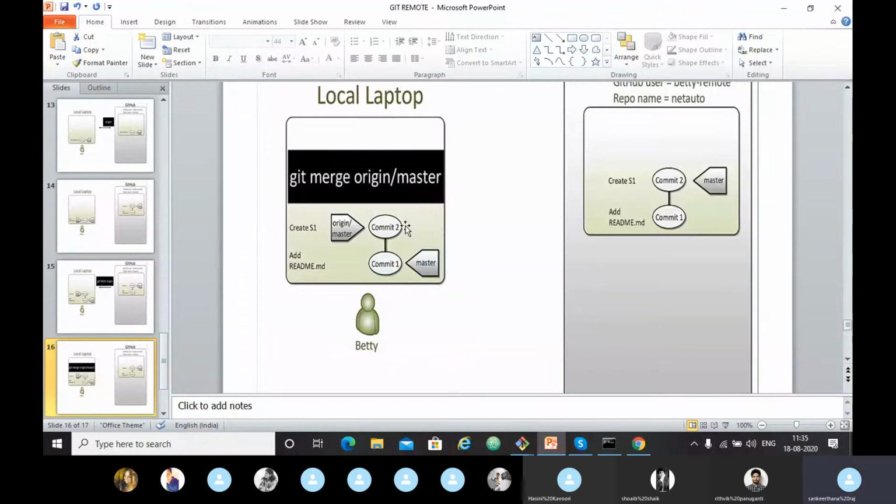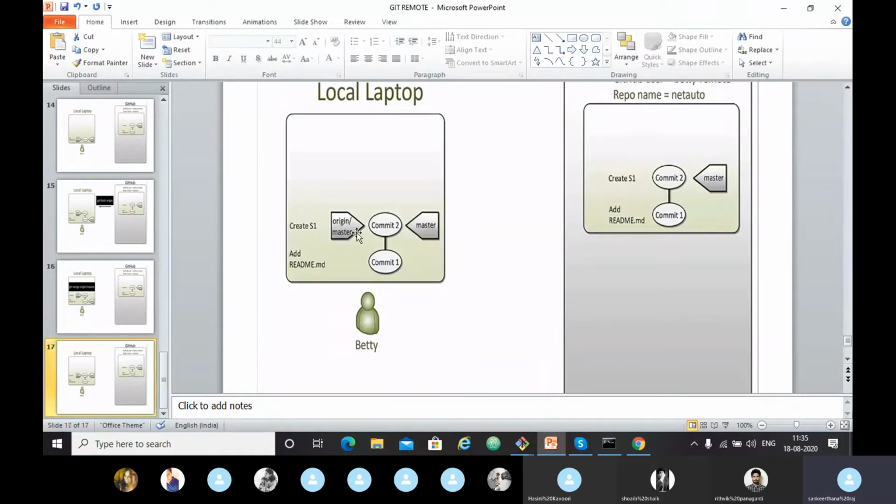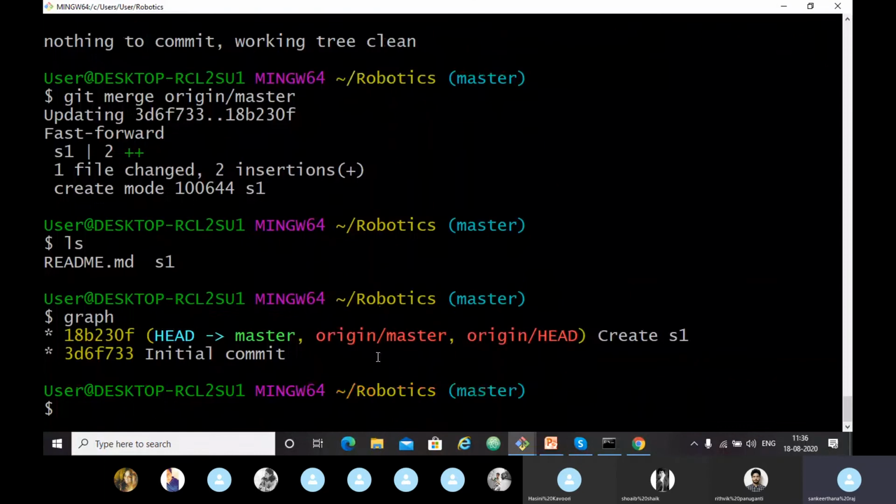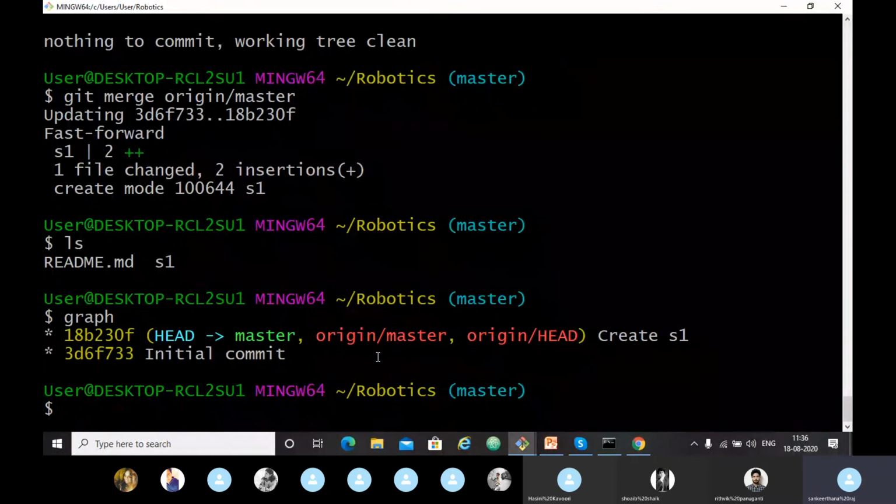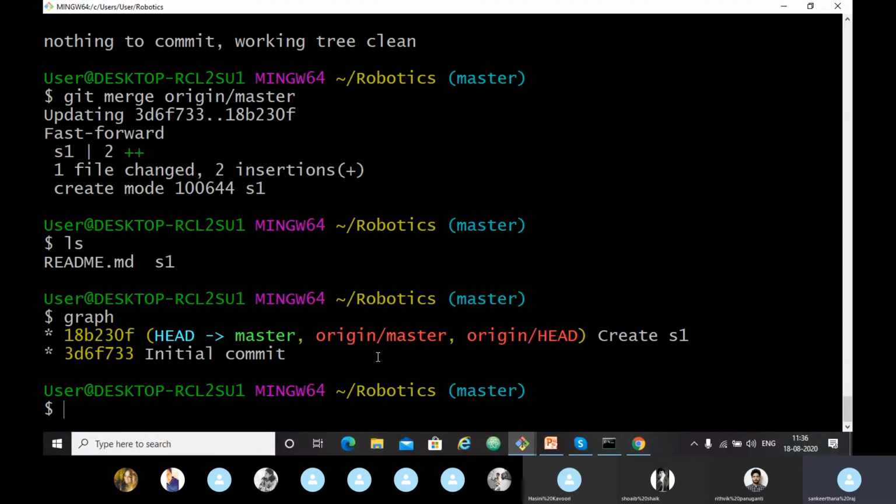So we have, I think, CLI and GitHub matching here. So these are the commands we have learned today: how to make a repository, how to fetch from it, how to merge it, how to integrate it. So let's see the commands again.